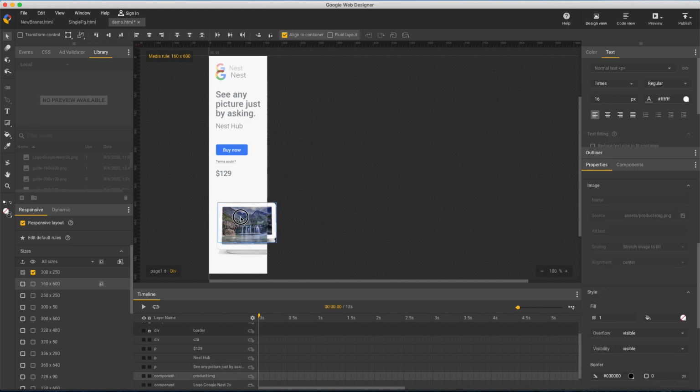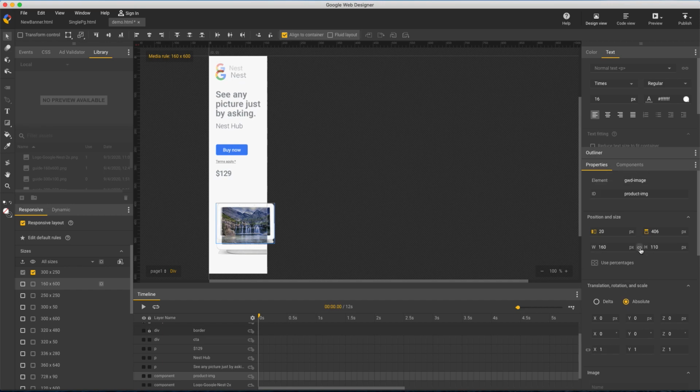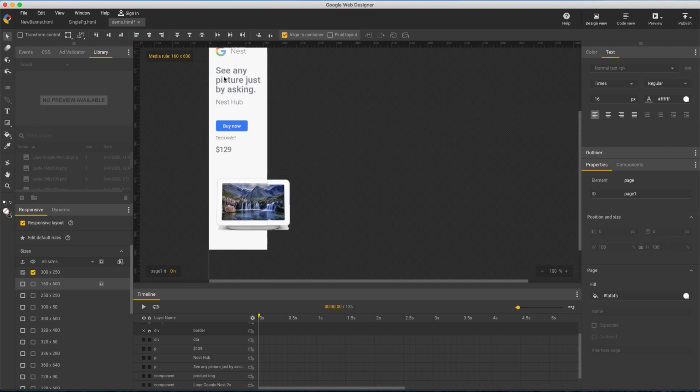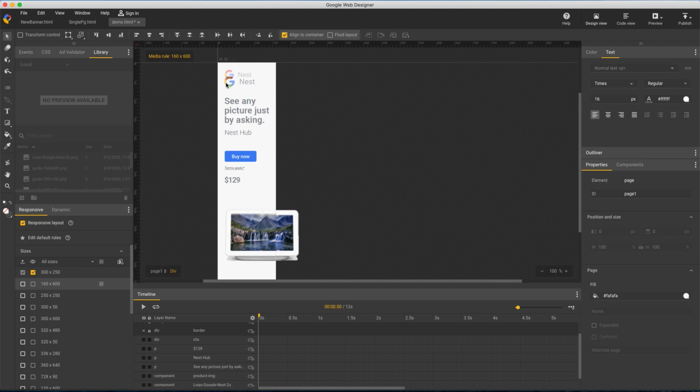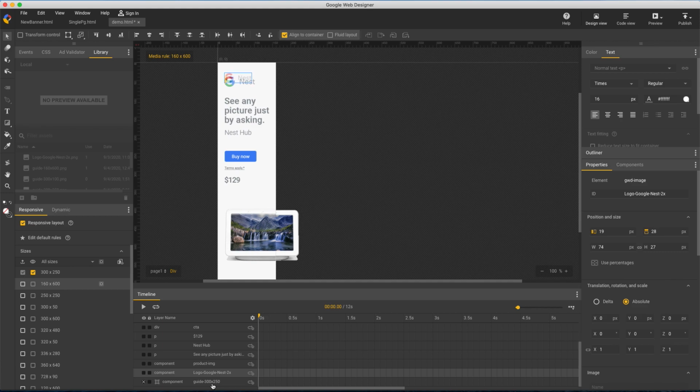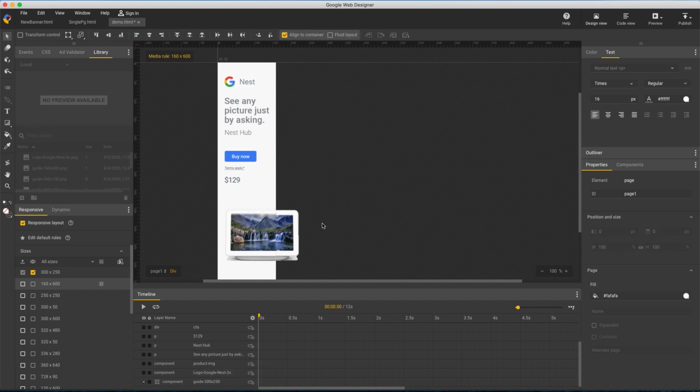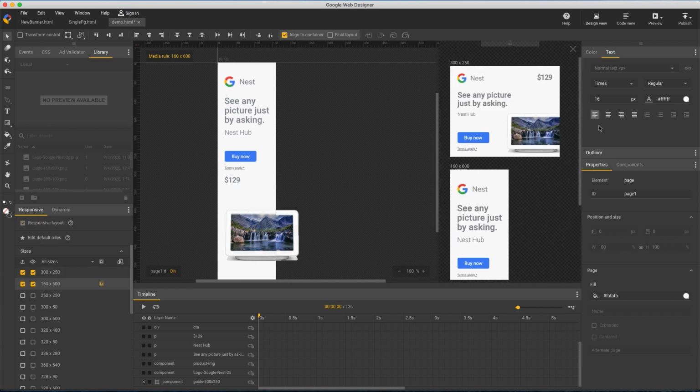Drag the product image to align its top left corner with the ghosted image in my guide layer. Lock my aspect ratio and resize. I can click and drag these fields to make quick changes, or click and use arrow keys for fine-tuning. And one last thing is the logo. That looks good. So now I'll preview both sizes, and it looks great. Notice the guides are automatically hidden.